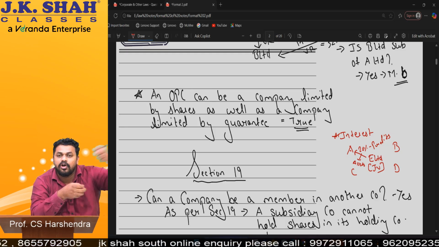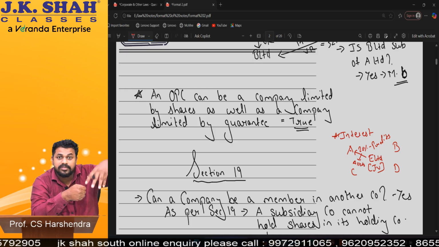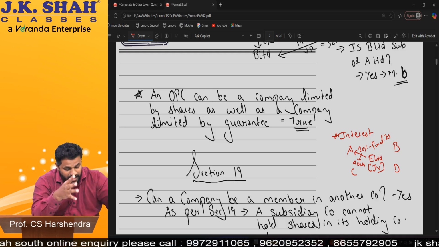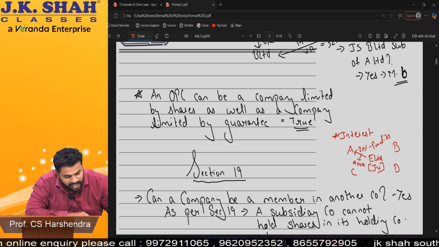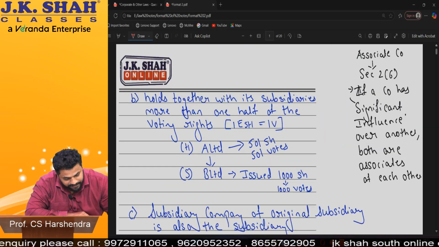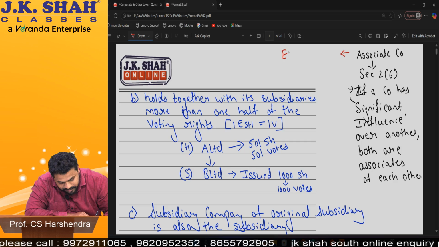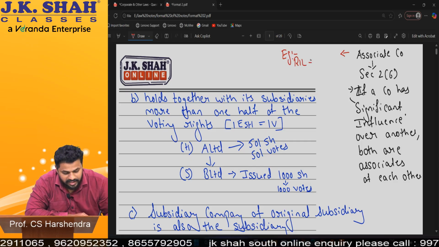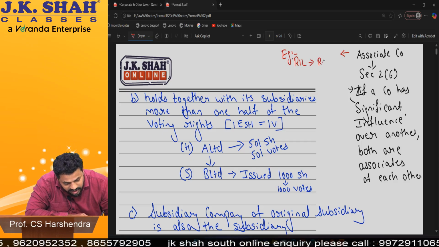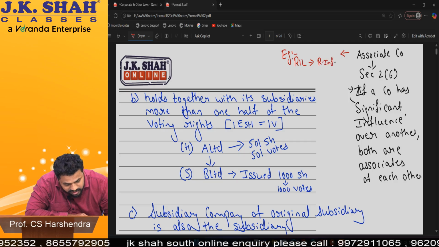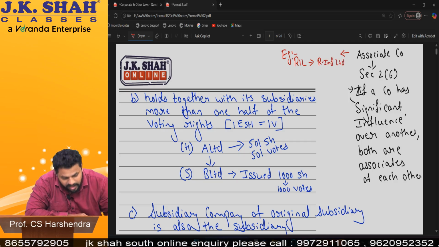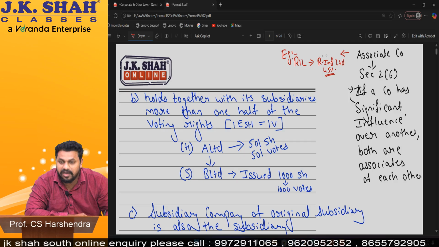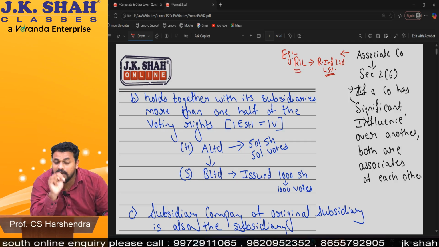If 20% or more of profit is being taken by A Limited, or 20% or more of the assets of E Limited is owned by A Limited, okay, that is also interest. Now I'll give you examples of associate companies. Example: Reliance Industries Limited and Reliance Infrastructure Limited. Okay, both are associates. In Reliance Infrastructure Limited, 45% of the shares are held by whom, beta? Reliance Industries. So they both are associates.